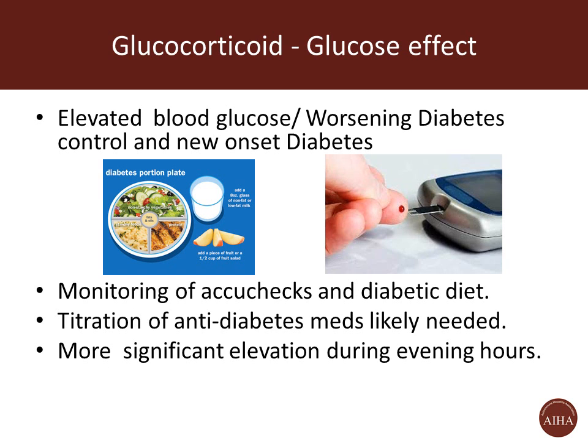So what I suggest when you're started on steroids and you happen to have diabetes predating that, it's really important to monitor your blood sugar frequently, to really try to be strict regarding following a diabetic diet, and be expecting that diabetes medication may need to be titrated. Insulin may need to be started when high-dose steroids are being used. And it's important to check your blood sugar not just in the morning, but also in the evening. With steroids, usually blood sugar is elevated more so in the evening.